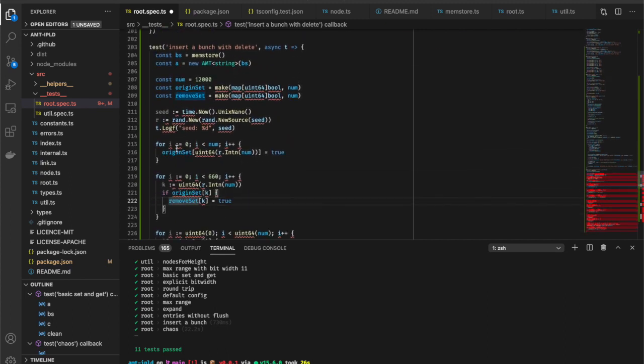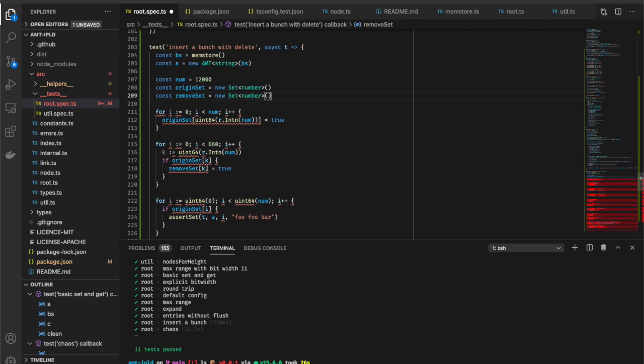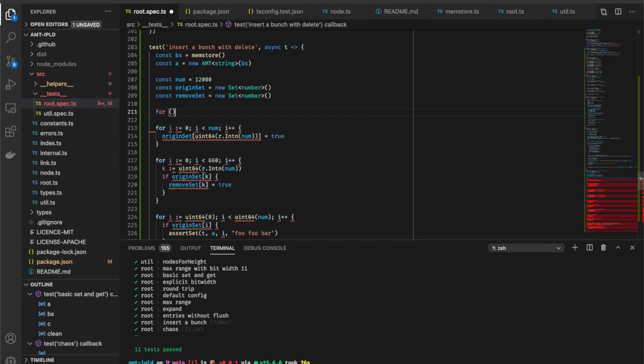Okay, so this is going to be a new set of numbers. I'm guessing that will probably turn into BigInt. This is the same. Seeds, randomness, no, cannot have. Okay, and yep, for